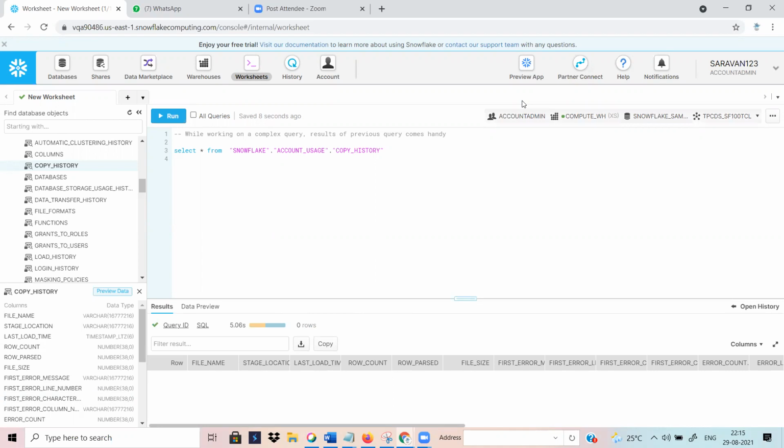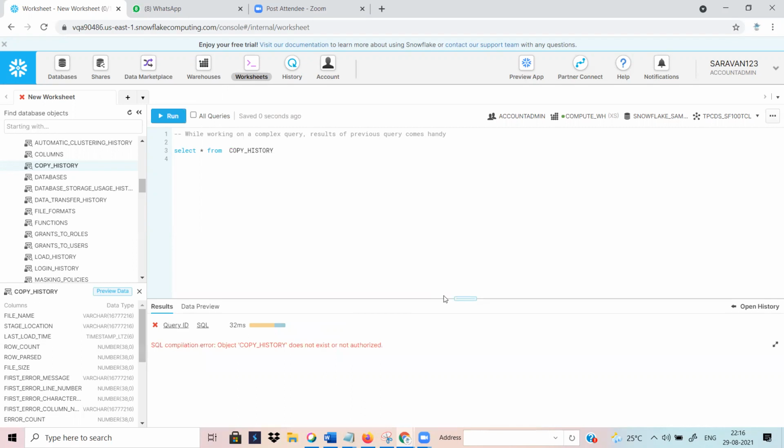So what happened? You are finding the different places. Snowflake sample database is a different database, so you need to specify the full detail. Then you can run that. Otherwise I can run from here. You are not able to run that, right? You need to specify because you are pointing to a different schema and a different database.